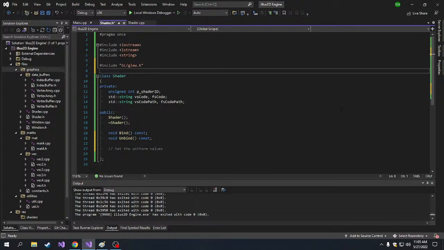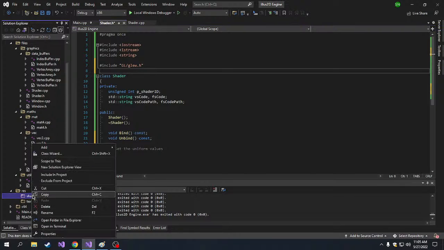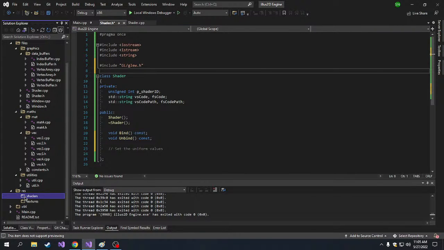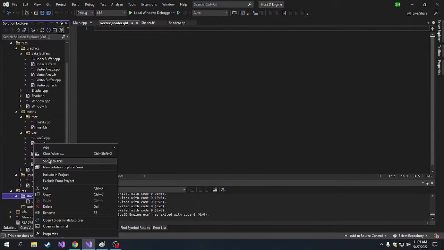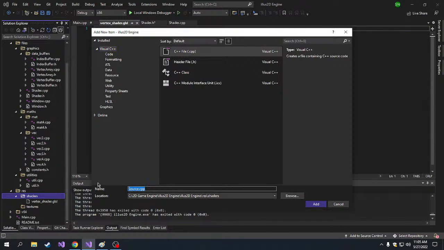Okay, so under this shaders folder, I'll create two text files. I'll call one Vertex Shader .glsl, and I'll add another one called Fragment Shader. And by the way, you can name these anything. You don't need the .glsl. You can call it whatever you want. I'm just writing GLSL because it just makes sense, because we write all our shader code